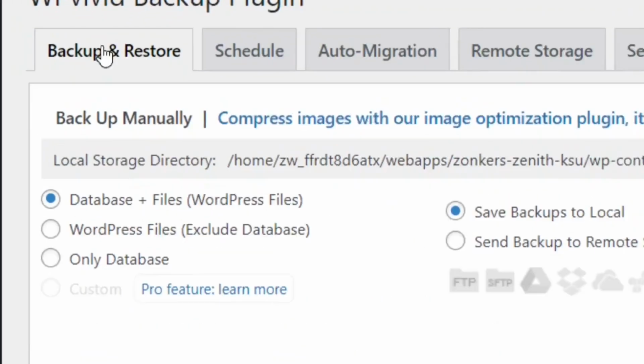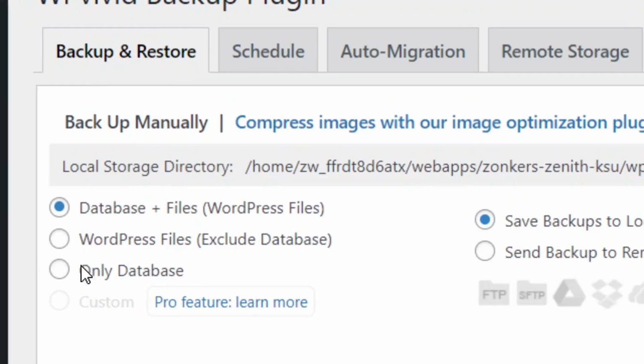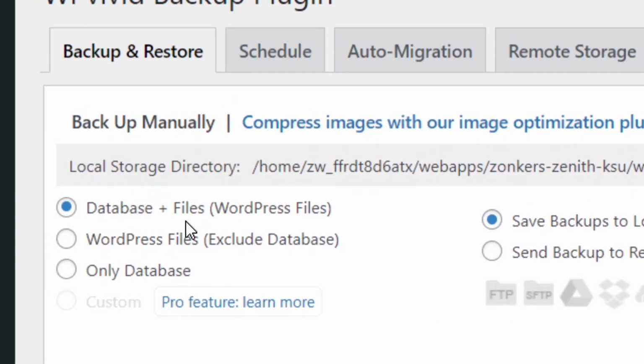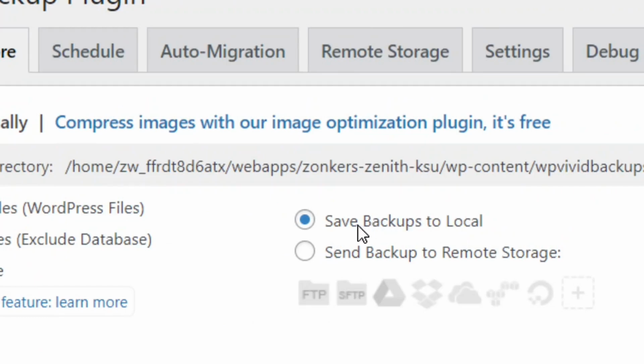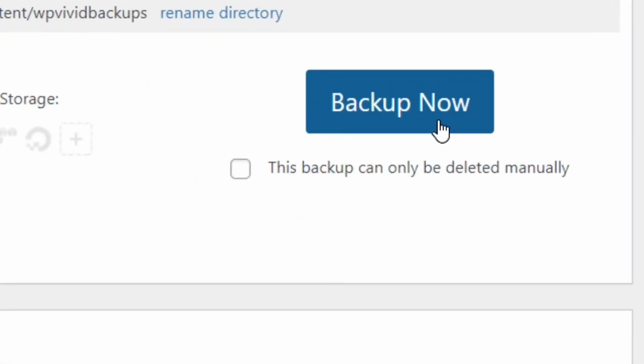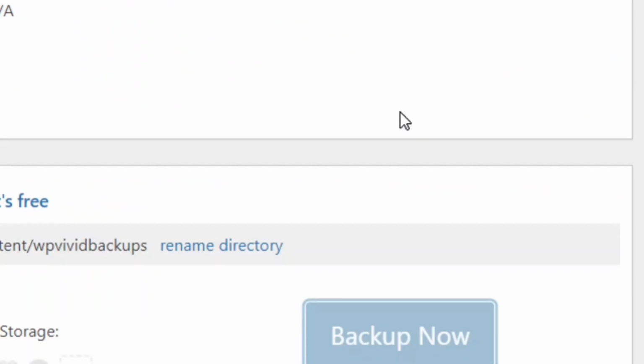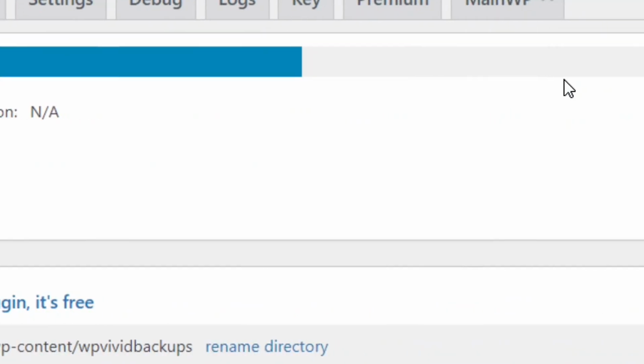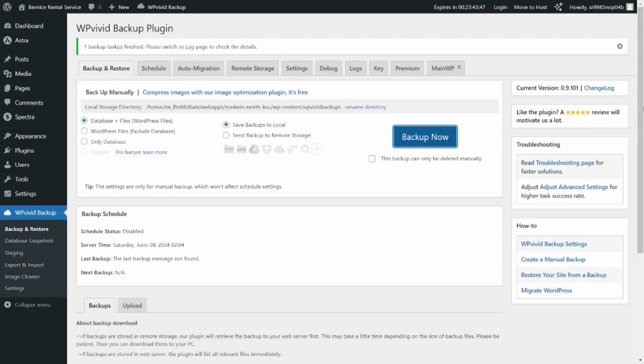So what you have to do is just go to the backup and restore, and make sure that the database plus the file is checked, and then save backup to local is also checked as well. Then simply click on backup now, okay? So sit back and wait for it to be backed up, and when it's finished, just come here